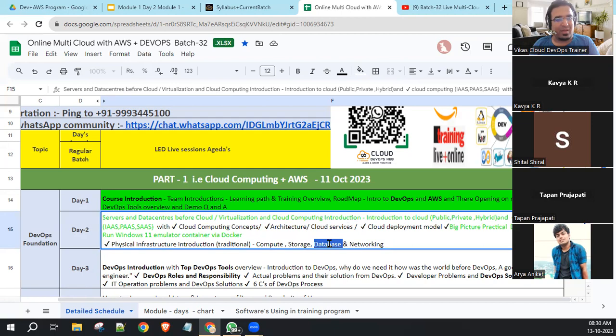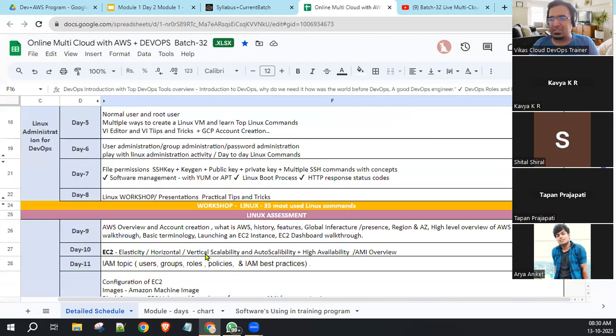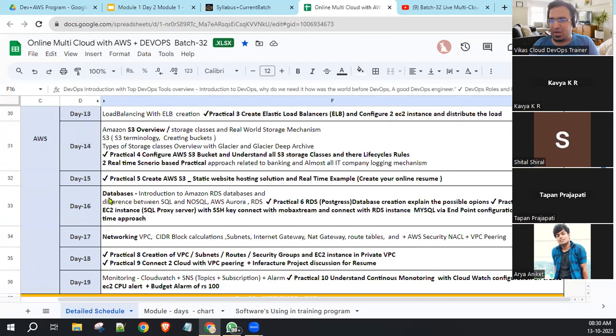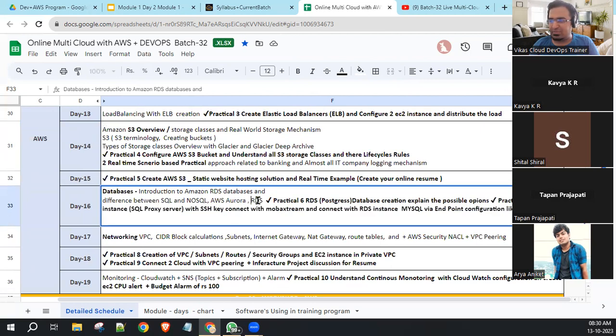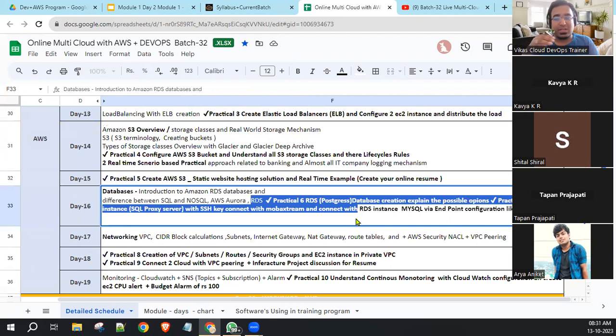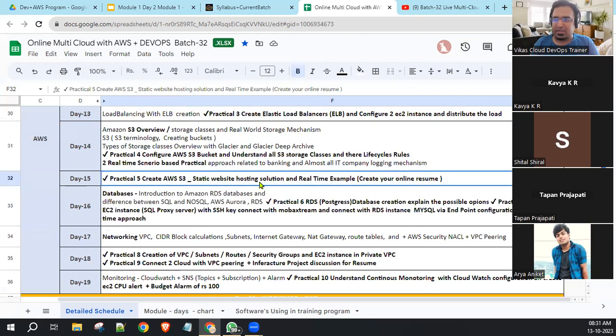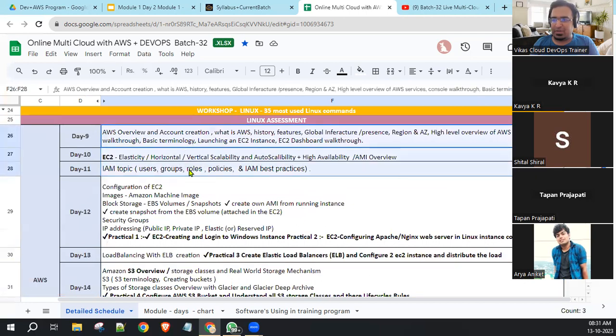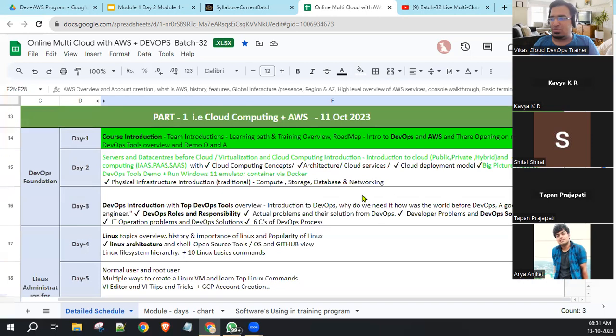RDS. RDS is primary, so we are going to learn RDS also. We will create multiple databases with practicals and connect them with another environment or application. With S3 also we will do practicals, and we will create a website on S3. For compute, we will create multiple applications on EC2.